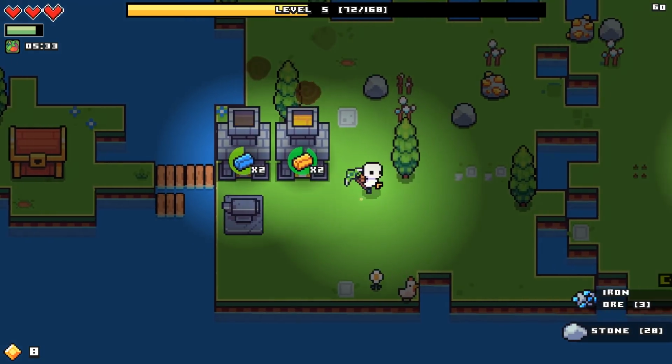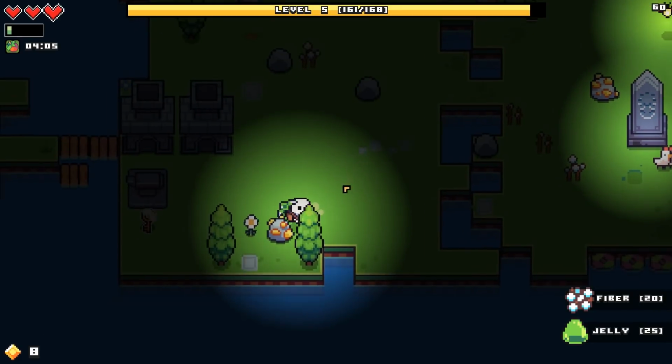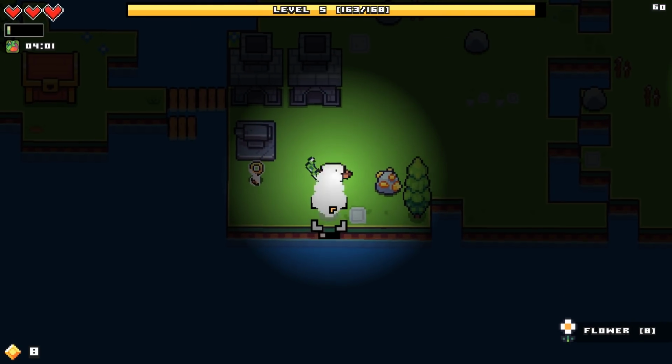And we'll let these things go, and then we'll make ourselves a key. All right, our key is probably done now. Yes, it's ready to go here. Let's just grab these last couple trees. And then we'll open up that